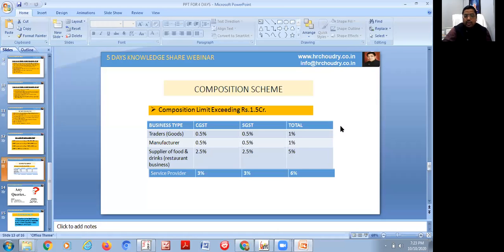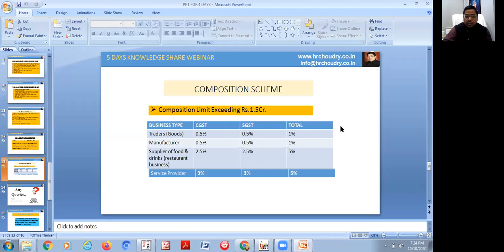If you are doing a trading activity, you only pay 1% of your turnover up to 1.5 crores. It is very good in GST for a small and medium businessman. He can get the composition scheme of only paying 1%. If you are a manufacturer, for them also there is a composition scheme. You only pay 1%, 0.5% CGST and 0.5% SGST. In case of food and restaurants, if you are going to a hotel, they are charging you 5%. Previously, they were charging 18% and 12%, but now they are charging only 5% as a composition